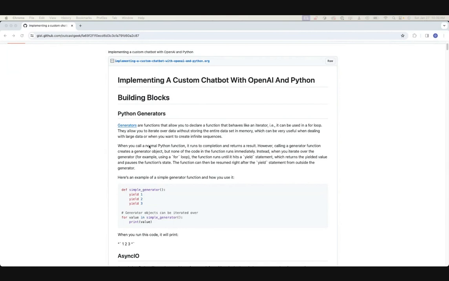Conceptually, several concepts come together to create a good chatbot experience. The first concept is